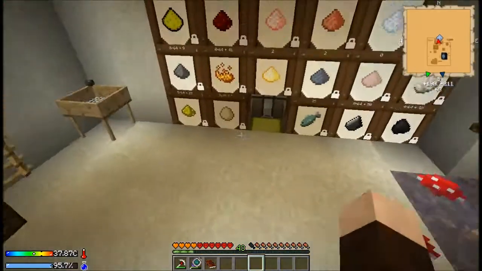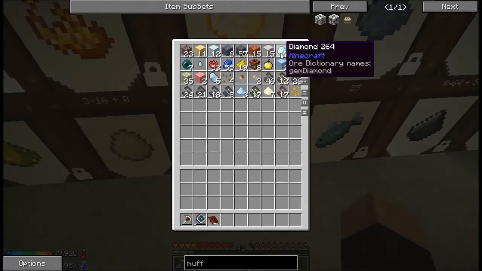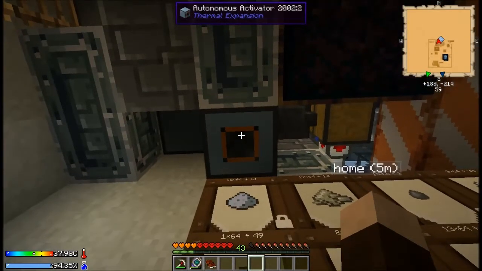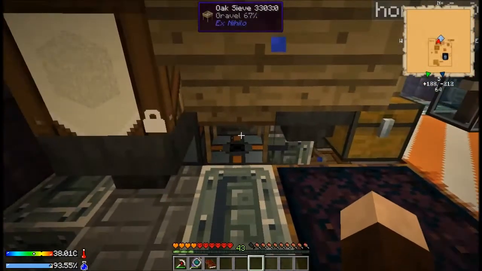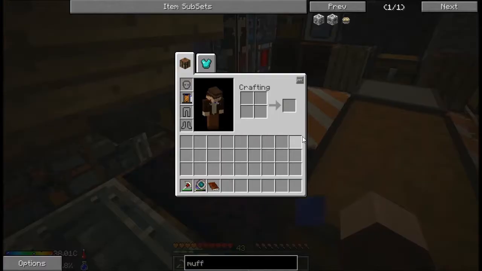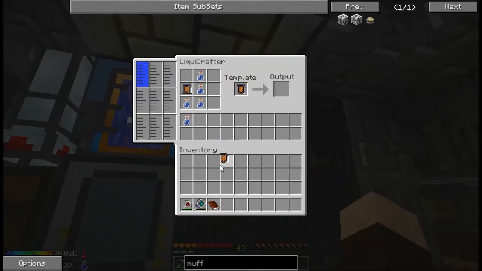I might hold off on... Well, let's see here. No, I've got plenty of ender pearls. At least I think I should. I have lots of diamonds and several emeralds, so that's working out nicely. I did go ahead and add a second autonomous activator on the sieve up here so that it will work twice as fast, and it works even faster if I just stand here and mash at it. So I'm not going to run out of materials anytime soon,